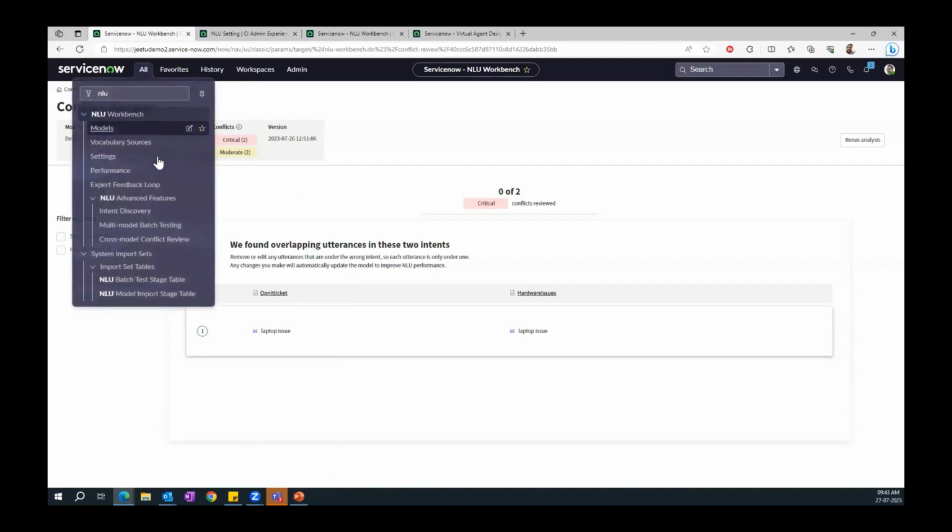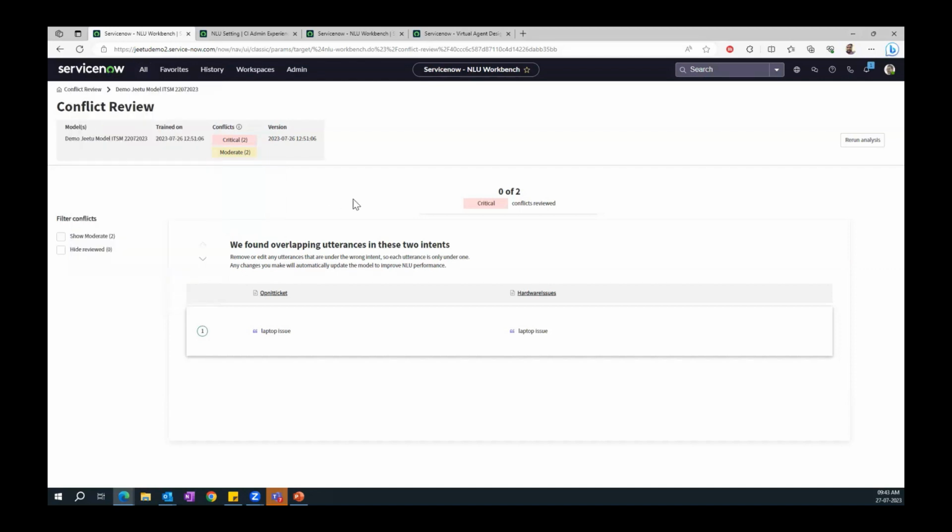So these are a couple of inbuilt options. We do have intent discovery as well, where I tell you, right? So we can discover the intent. The system will suggest what are the best intents you can include in your models based on the real conversations on your production instance. Yeah. So with this, I'll just take a pause in case you have questions.